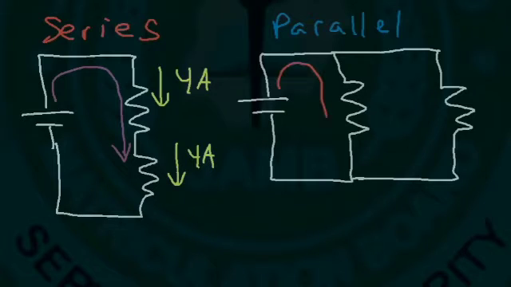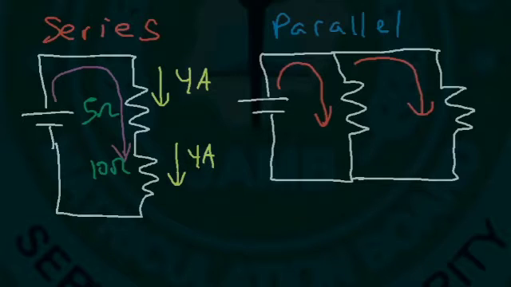The current could flow through one path or it can flow through another path. Now the current that flows through those two resistors doesn't have to be the same. Unless the resistors have the same value, that's the only case where the currents will be the same. Other than that, if the resistors are different, then the current will be different in a parallel circuit. But in a series circuit, it doesn't matter the value of the resistors. If this was a 5 ohm resistor and this was a 10, the current that flows through them will be